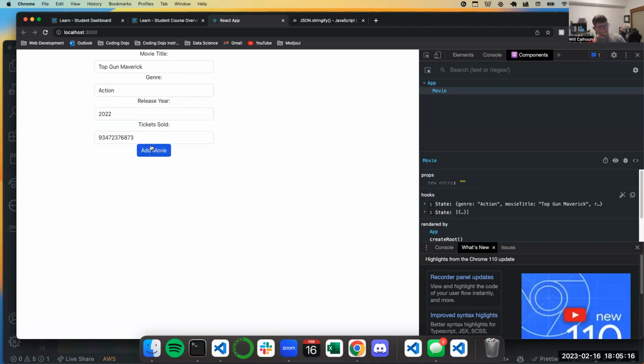So now I clicked add movie. We see that now I have added to this list. If I type in, give me another movie, somebody. Oh, I'm going to do Walter Mitty. It's my favorite movie of all time. Wholesome. 2002 maybe? I don't know. And we'll just say, 55 tickets. People hated it, but I love it. If I add this,